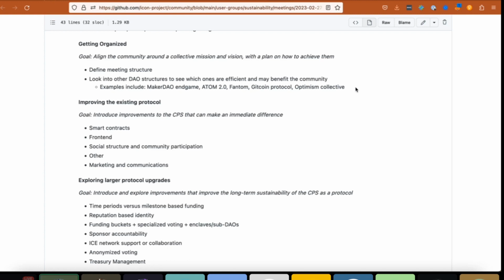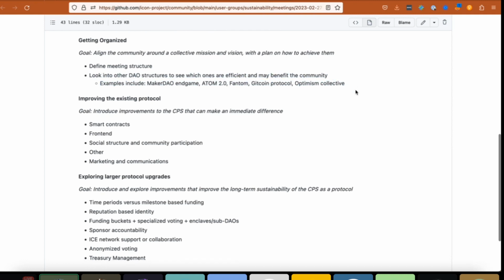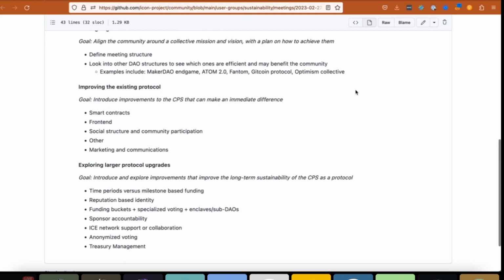But yeah, basically comparing from a social and game theory perspective: how is the community interacting with their public funding source in order to get efficient or inefficient results, and how can we take things from these other communities and put it into ours? So those are the initial goals for CPS development with respect to planning out these meetings and then looking for ideas on how to organize the community a little further.